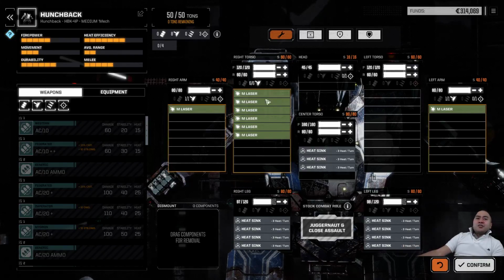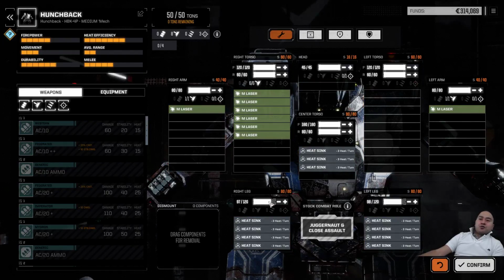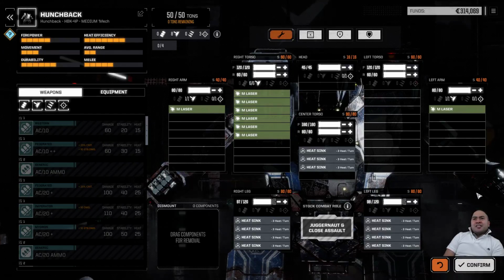And if you're going to field this many medium lasers, make sure to back it up with a lot of heat sinks. Now, for this very specific Hunchback that you're looking at, I almost maxed out the armor. I'm only short a little bit on the legs. And that's because, if you're a brawler, you're going to